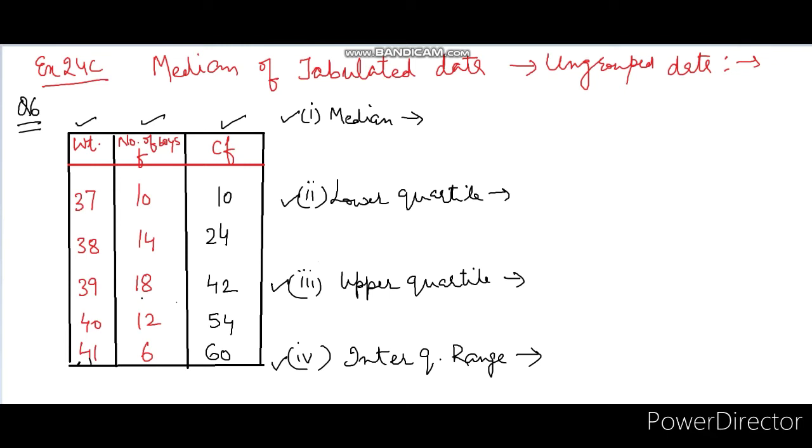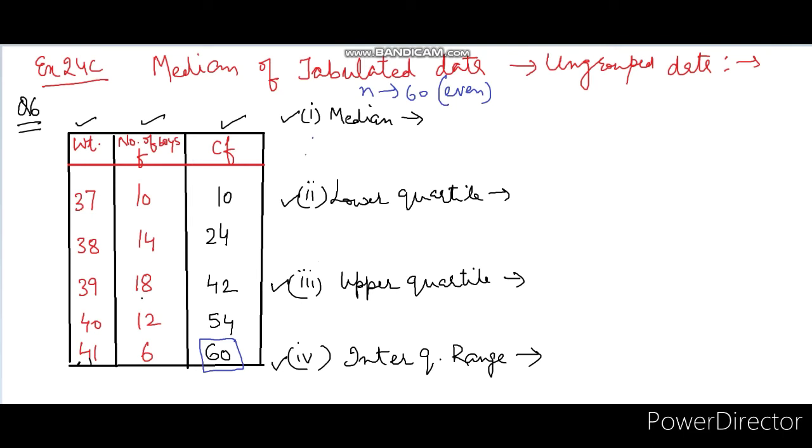Now we come to the calculation of all these four things. First of all we start with the calculation of the median. Students, before writing the formulae, we should check the total number of observations. Either you add the frequencies, or it is simply the sum total of all the frequencies, which is 60. So we will write on the top that n is 60, which makes it clear that the number of observations is even.